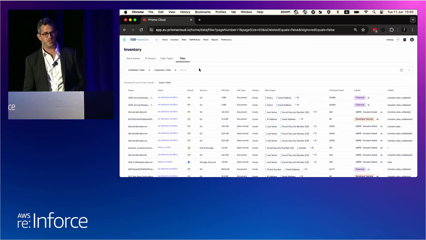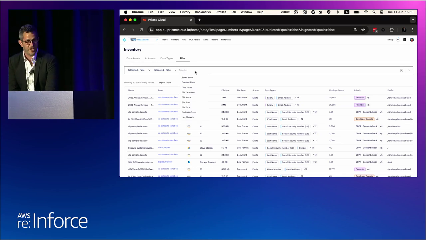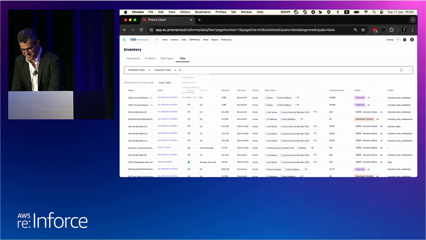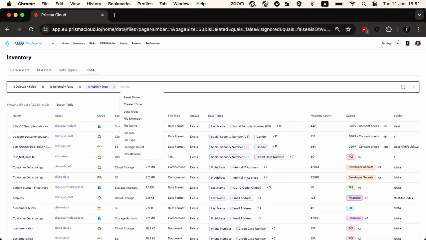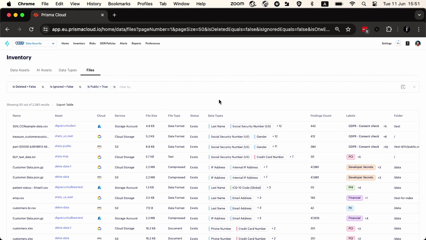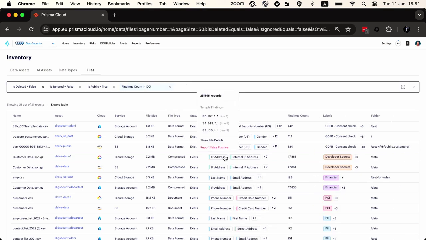And we're even able to do this across all files across the organization. So let's say, for example, in a very simple fashion, and I'm sure that all of you did this exercise very recently, show me all files that are public across my organization that we found something in. Very powerful. You'll get the list of any file across any type of cloud, on-prem, SaaS, any file that is accessible to the world without doing anything. Not only that, you might say, show me all the files that are public, but also have more than 100 sensitive records. And you'll pinpoint and analyze that automatically as well.